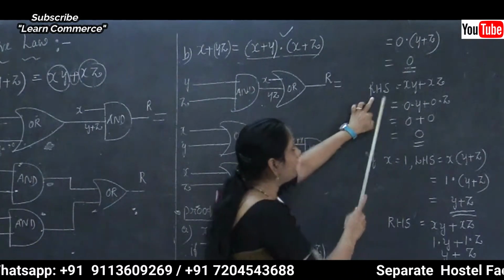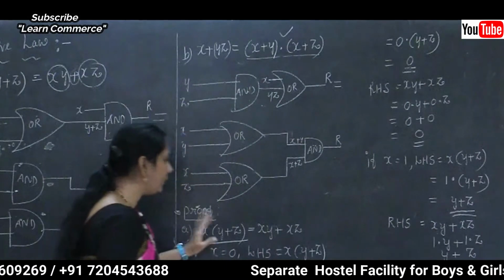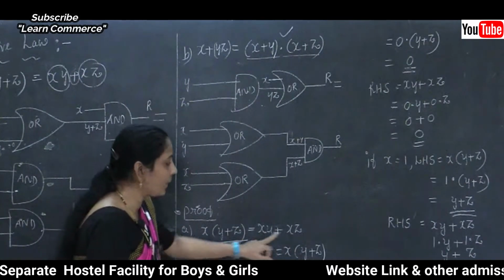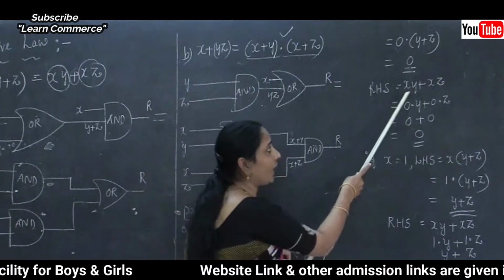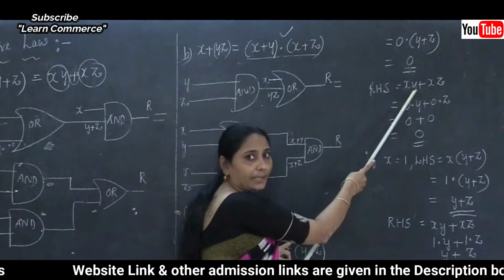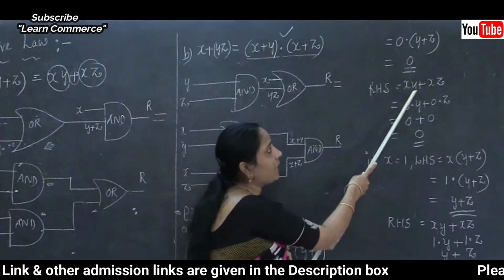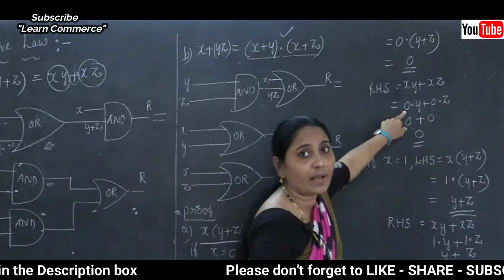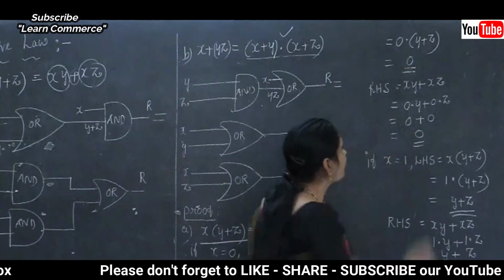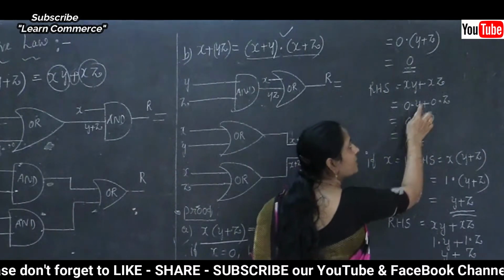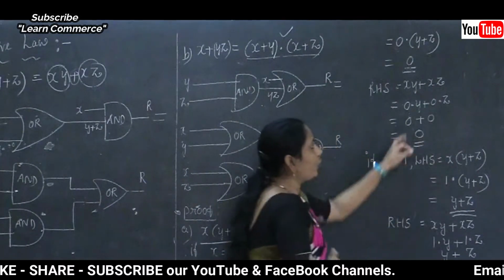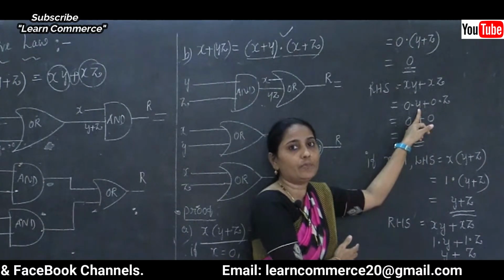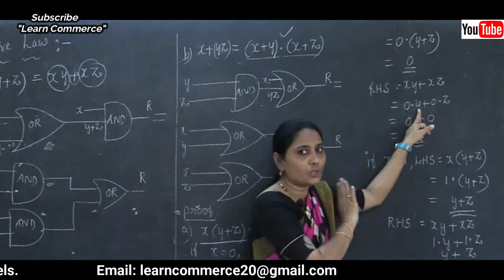Now I am going to take the right hand side. In the right hand side, which expression is that? The expression is xy plus xz. So I am going to write the same expression, the right hand side is equal to xy plus xz. We know the value of x. What's the value of x? The value of x is 0. So 0 and y plus 0 and z. And when you multiply, maybe the y value is 0, or maybe if you give the value for y as 1, there is no effect.